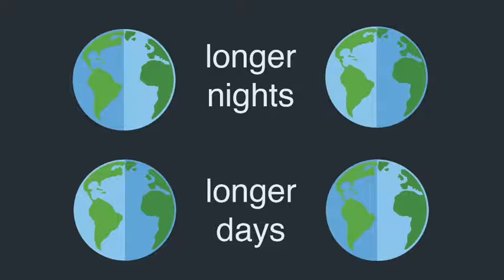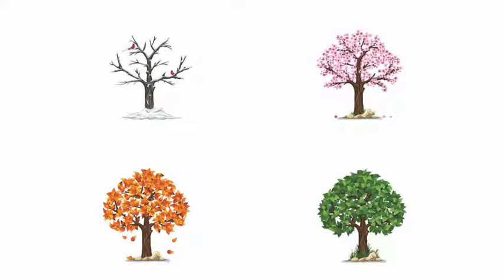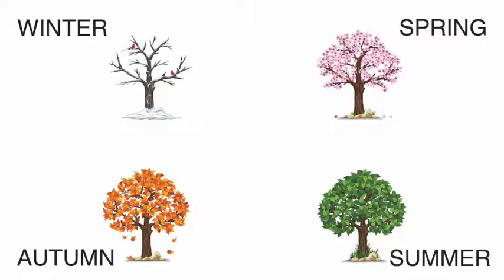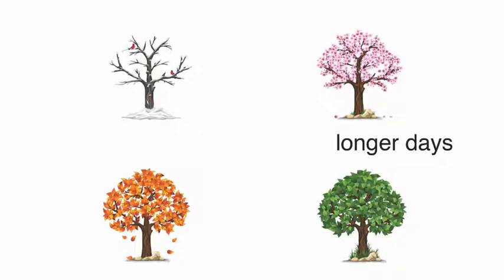So far we have two seasons, which we could call the season of darkness or the season of longer nights, and the season of light, which has longer days. But how do we account for the differences between the four seasons? To allow for this, we need to make another distinction. A tree looks like either this or this during the light season when the days are longer, and like this or this during the dark season when the nights are longer.